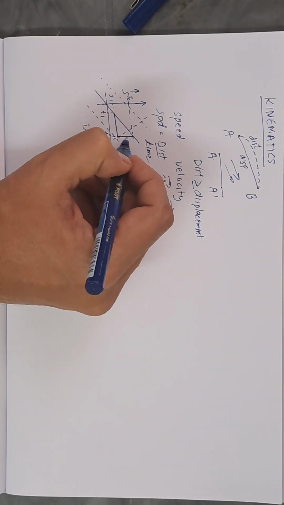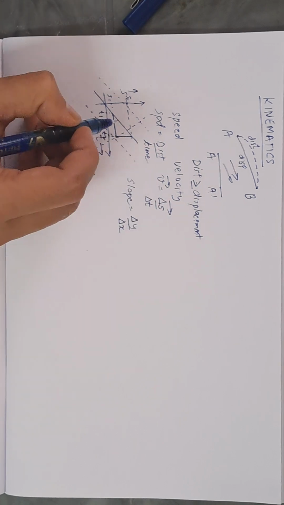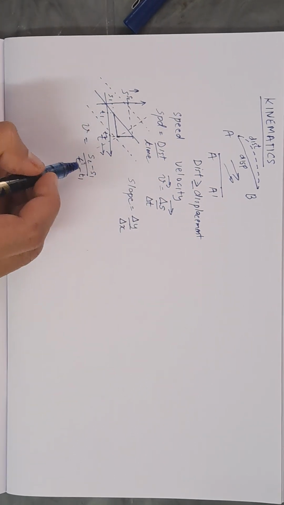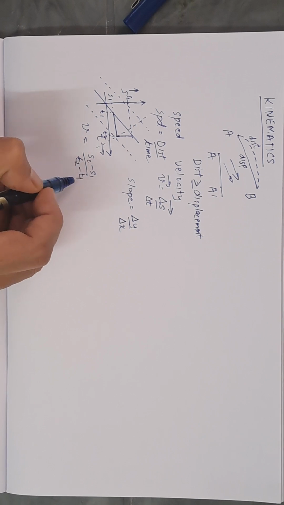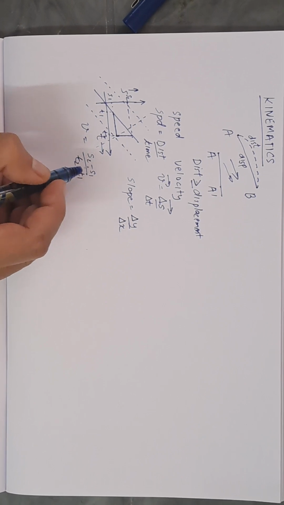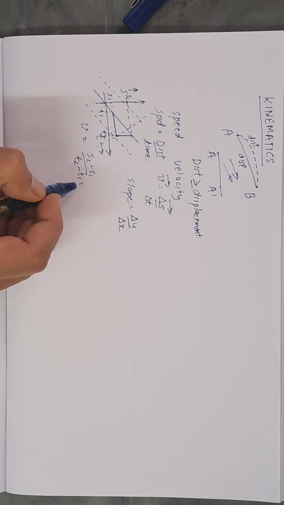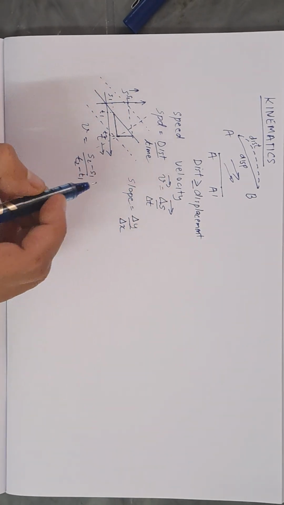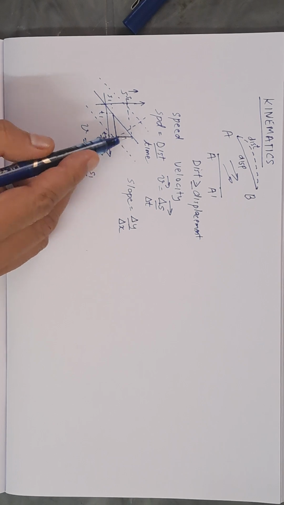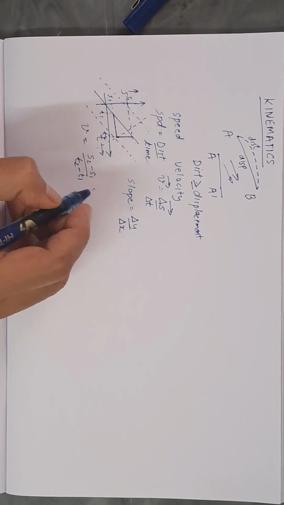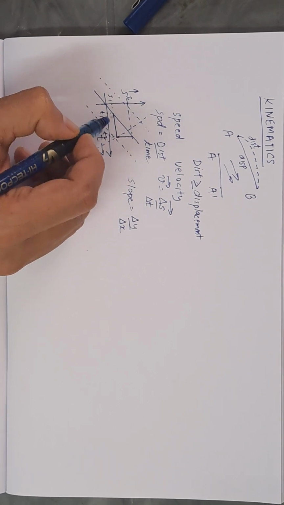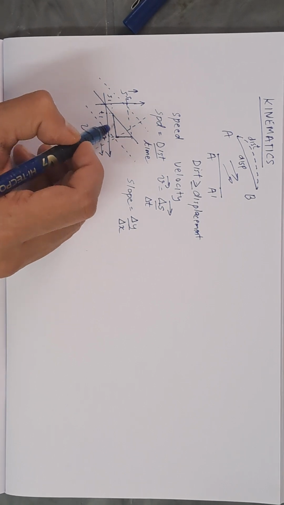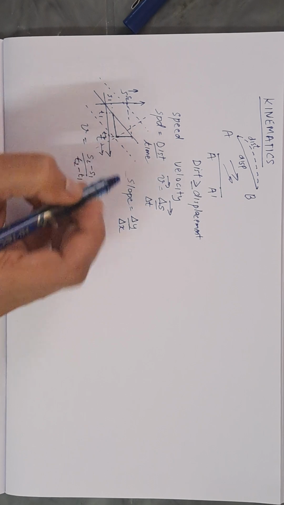This is S2 minus S1. This is T2 minus T1. So S2 minus S1 by T2 minus T1 will be equal to the change of displacement by change in time. We already know that velocity is the change of displacement by change in time. So velocity will be equal to S2 minus S1 by T2 minus T1. S2 minus S1 by T2 minus T1 will also be equal to